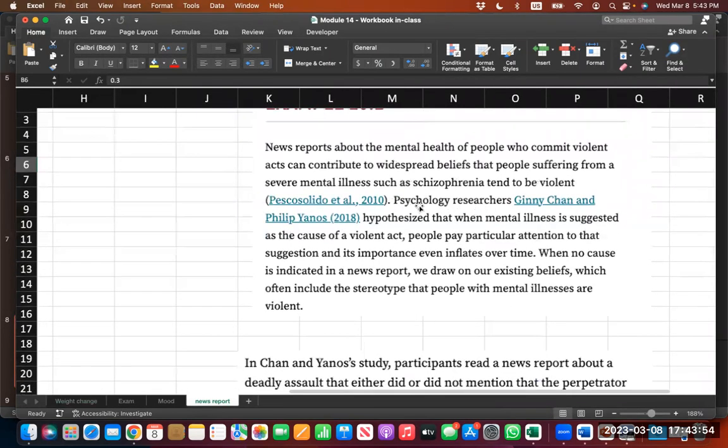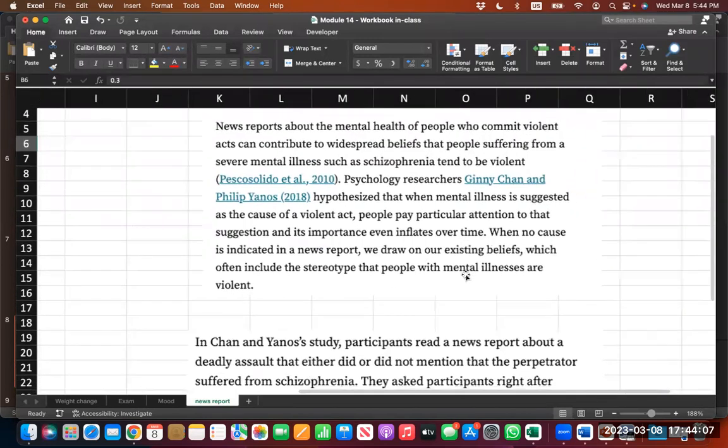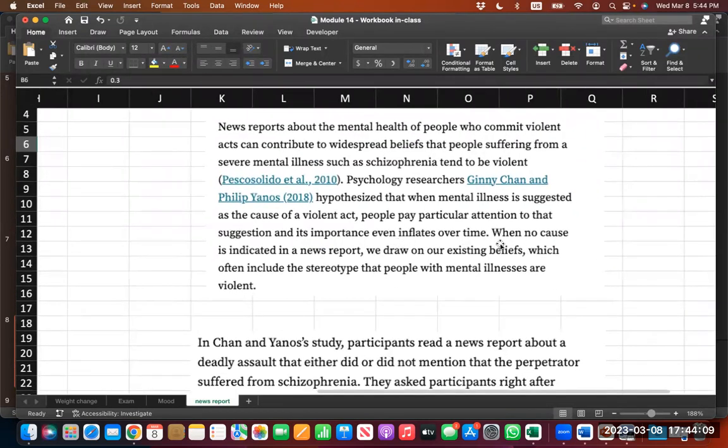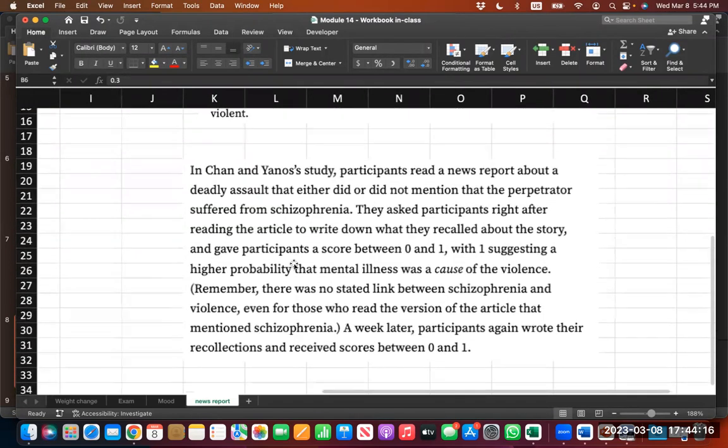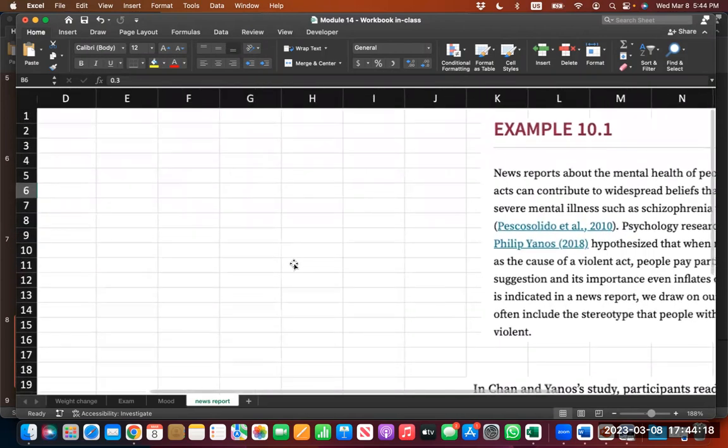So psychology researchers hypothesized that when mental illness is suggested as the cause of a violent act, people pay particular attention to the suggestion, and its importance even inflates over time. When no cause is indicated, we draw on existing beliefs, which often include the stereotype that people with mental illnesses are violent. So we have here a sample,